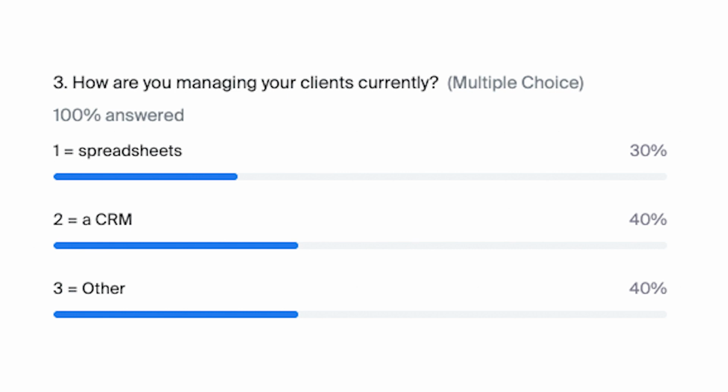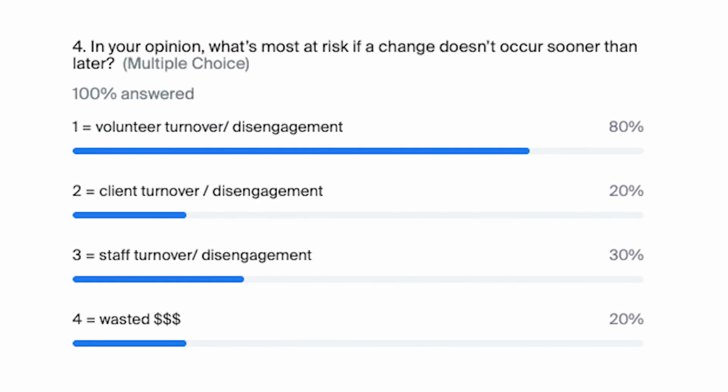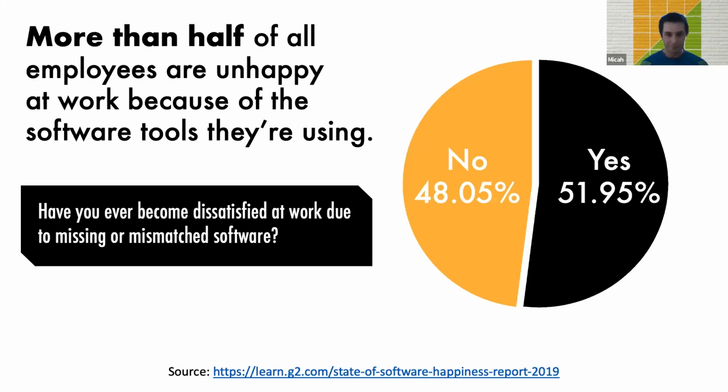And that makes sense for the last question, number 4, for volunteer turnover and disengagement being a top issue on there, because a lot of the times when using a system, we're really thinking in terms of the volunteer, keeping them engaged and making sure